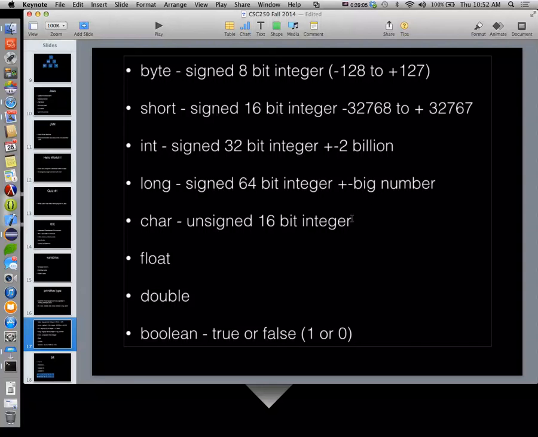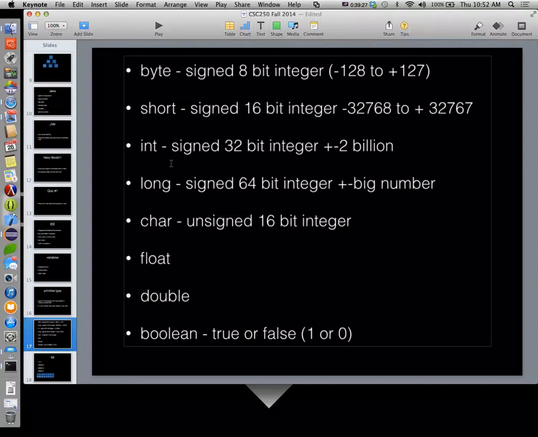All right. Now, notice a char is unsigned, which means we do not need to use that first bit for the sign of the value. We get to use all, in this case, 16 bits. So what's the range of values that fit inside of a char?